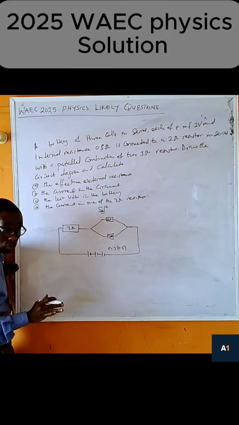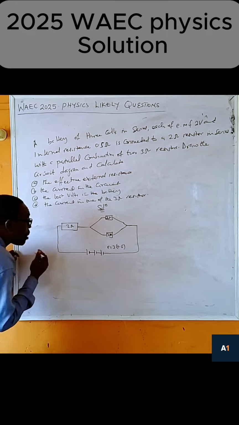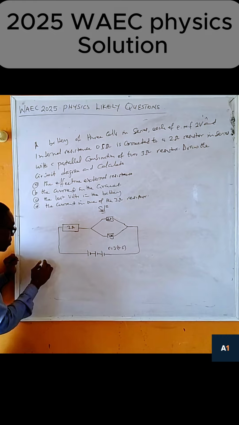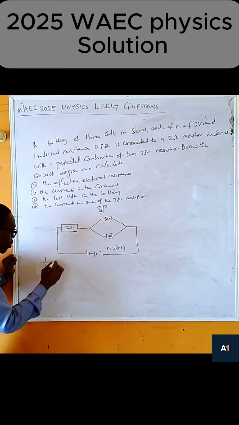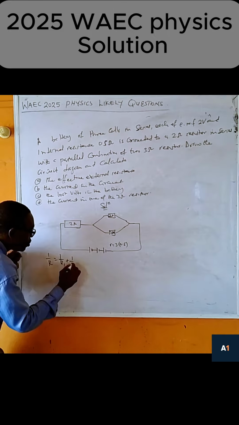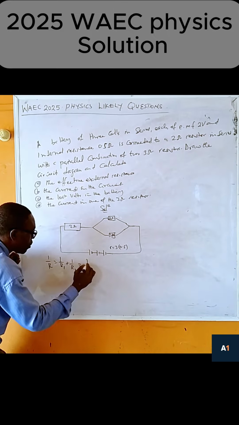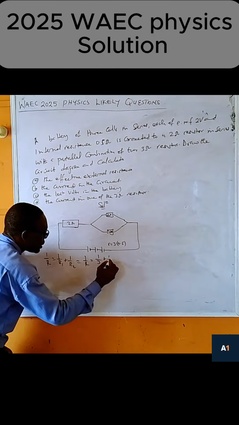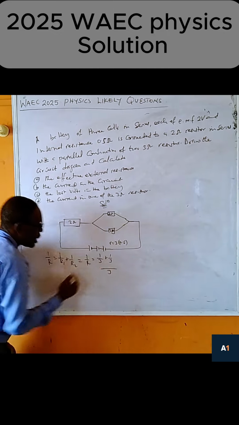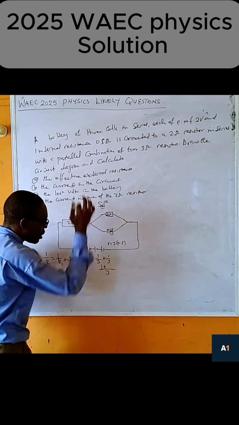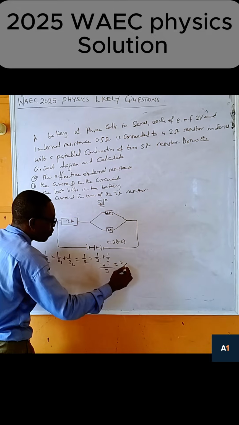First, solve this one. Solve this one too. So this one will be equal to, using the formula, the formula of parallel. In parallel, 1 over R equals 1 over R1 plus 1 over R2. This will give us 1 over 3 plus 1 over 3, which is all over 3. The LCM is 3. 3 in 3, 1, times 1, 1. 3 in 3, 1, times 1, 1. Which will give us 2 over 3.